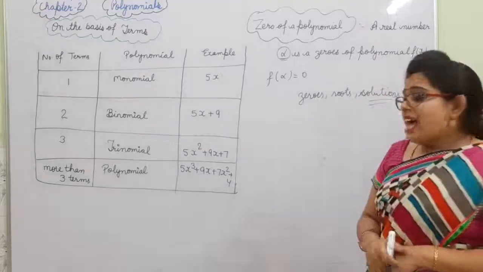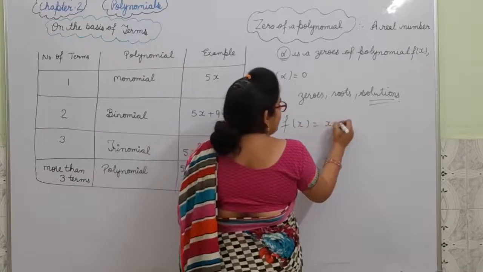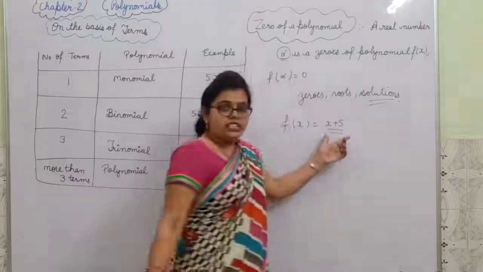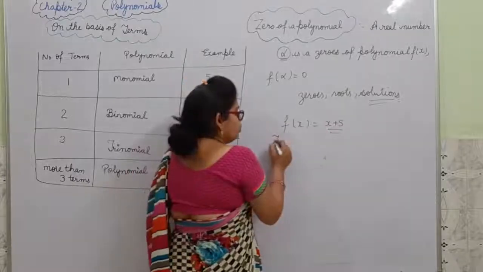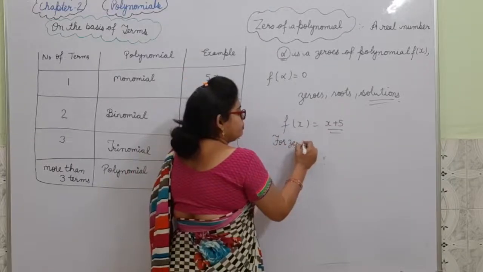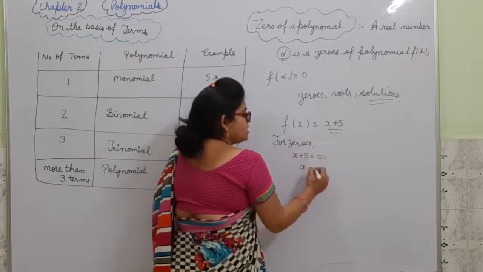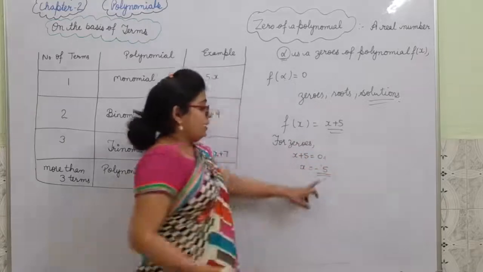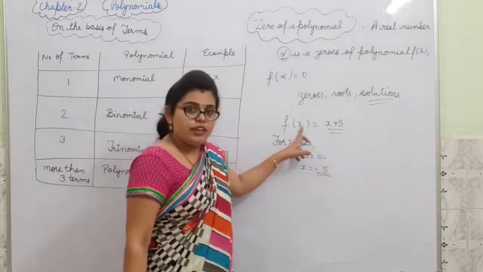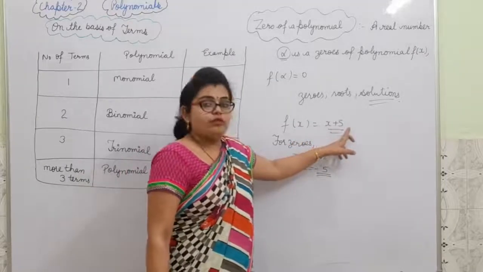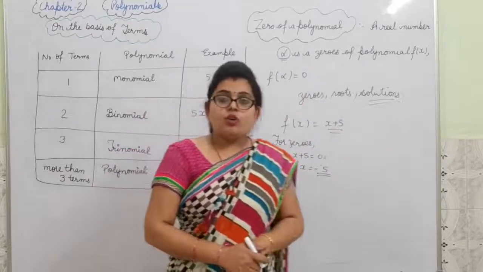Suppose it is asked that f of x is equal to x plus 5 and you have to find its zeros. अगर आपने इसके zeros find out करने हैं, then what you will do? For zeros, x plus 5 is equal to 0, x is equal to minus 5. There alpha is minus 5, because if we are putting minus 5 here, then minus 5 plus 5 we will get zero. This is about the basic terms of chapter